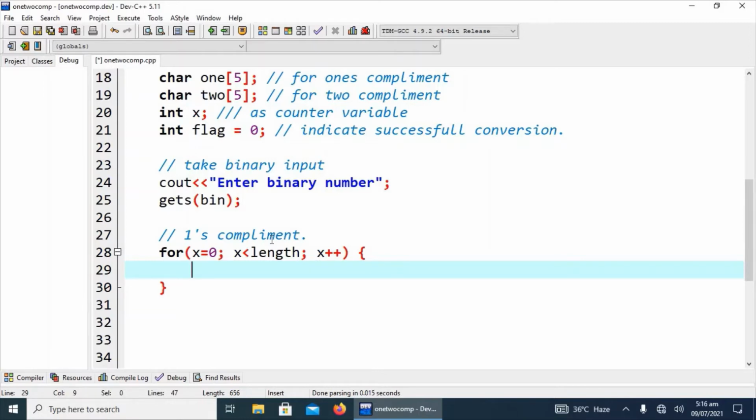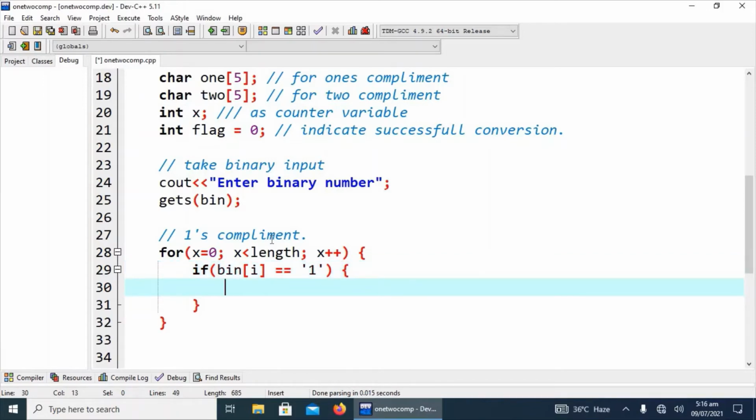Here the logic is implemented. We say that if bin is the array where we have stored binary digits, if bin of i is equal to 1, if index 0, index 1 and so on contain 1, then what we will have to do, the ones complement at the same index will store the opposite character, as we have discussed before, 0. We can clearly see here the simple logic.